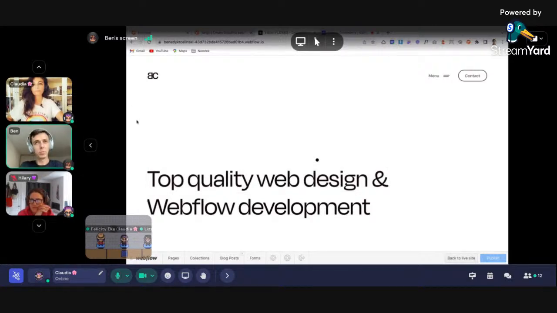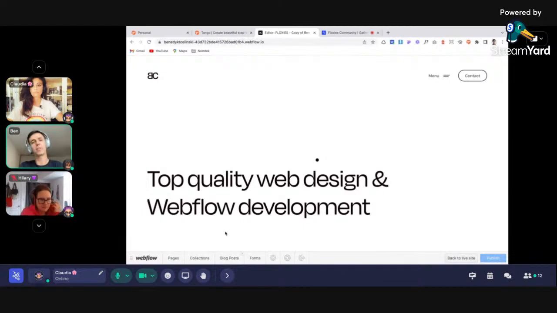Basically, anytime you hand over the website to a new client, or to a client that's new to Webflow, you have the job to walk them through the editor. Of course you can do it on a call, but calls are an hour or two long, and then everything is clear, and two weeks ago you forget like 80% of it. So it's good to have some references, and for that Tango as well I think would be perfect.